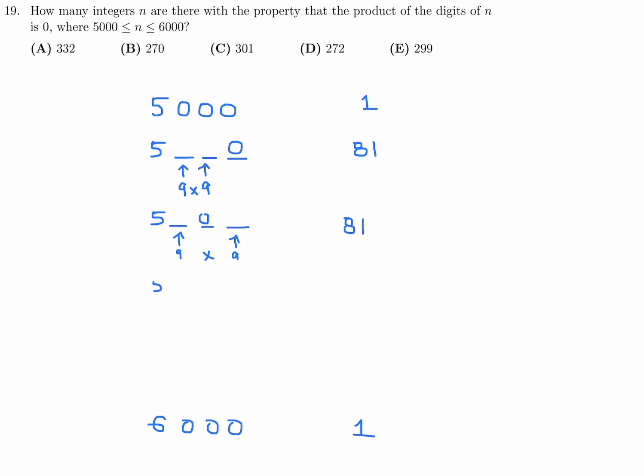And in a very similar way, the number can be 50 blank blank, where again we have 9 possibilities for those two, again giving 81. And then there's 3 other scenarios. Another scenario is if you have 2 zeros. So for example, if the number looks like this,